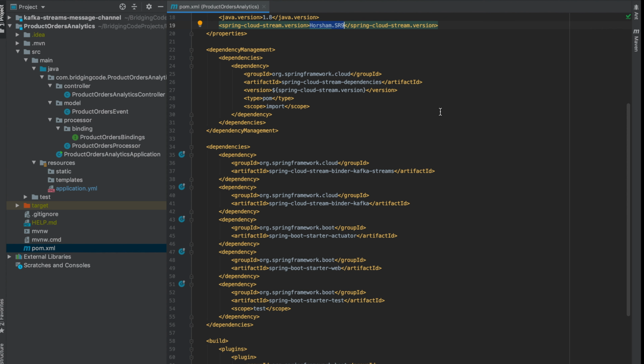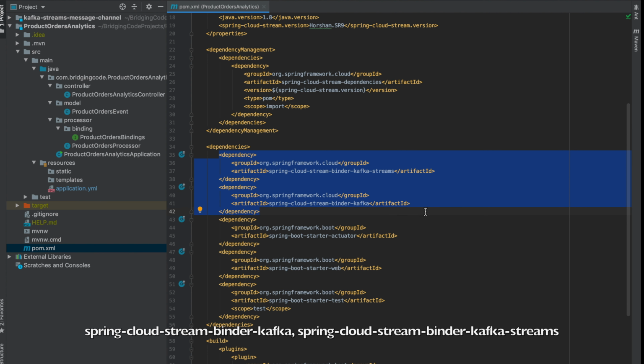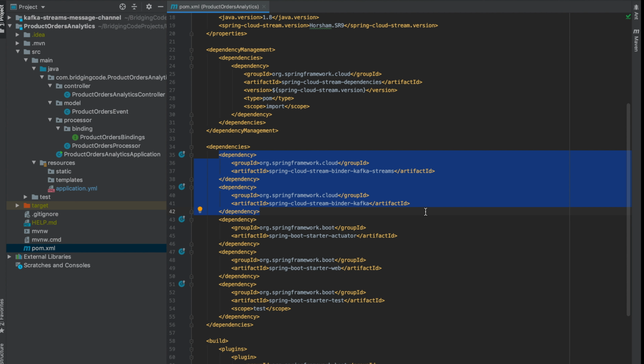First off, you need to ensure that you have these two dependencies from Spring Cloud, the Spring Cloud Stream Binder Kafka and Spring Cloud Stream Binder Kafka Streams, which is Spring's official binding support to work with the Kafka Streams library. We also have the actuator dependency of Spring Boot for health checks, but we're not going to make use